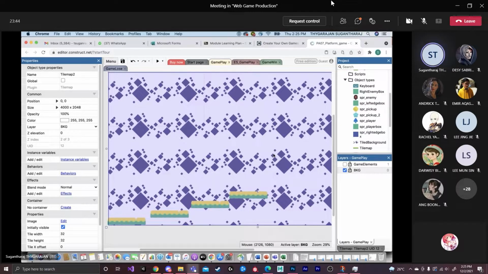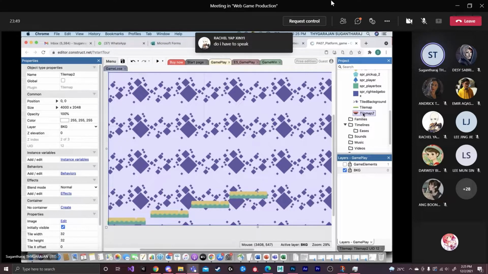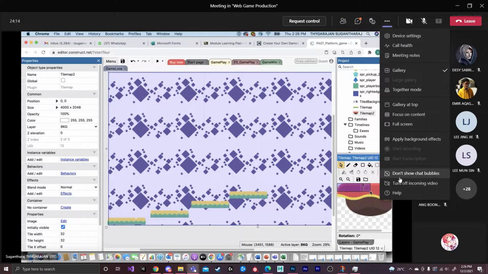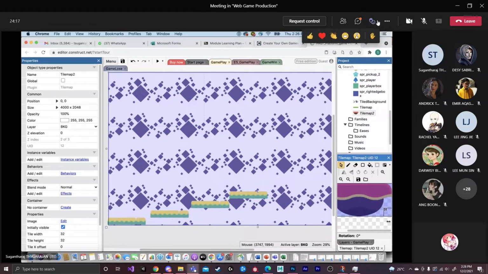Then you will be able to see the tile map 2 over here. So you click on this, the tile map 2, then you can see at the bottom right there will be a tile map 2. Now you are pointing at the layers properties. Once you choose the tile map 2 after creation, you click over here, then you will see the object over here. So what you need to do is click on this mouse icon, normal layout. You click on it, then you choose the whole object.